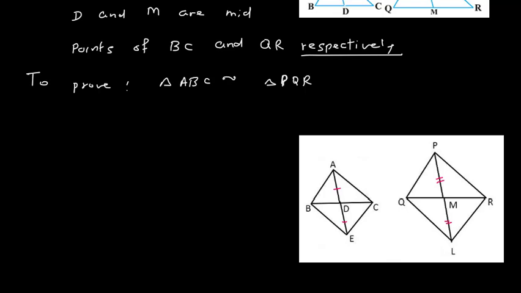So by that, what advantage do we have? If we are able to prove this, then what can we prove? We can prove that triangle ABE is similar to triangle PQL, and once we prove that ABE is similar to PQL, we will also be able to prove that angle A will be equal to angle P. And as we can prove that in these two triangles this angle and this angle are equal, similarly we can also prove that this angle in triangle AEC will be equal to this angle here. So by that, this total angle and this total angle, we will be able to prove that they are equal.